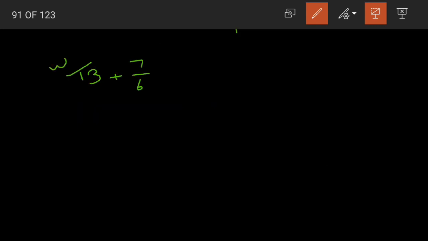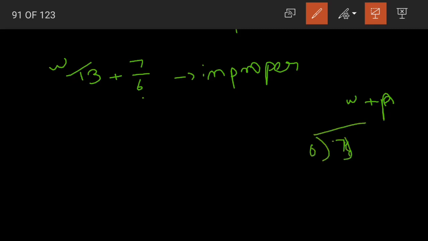Now this is our whole number, but if you look at 7/6, it is an improper fraction. Yes children, we have to convert it into again a mixed number. See why? Because in a mixed number we always have a combination of a whole number and a proper fraction. Yes, we cannot have an improper fraction. So when we divide 7 by 6, 6 ones are 6. When we subtract, 1 is remaining. So the answer is 1 1/6. So 7/6 is nothing but 1 1/6.